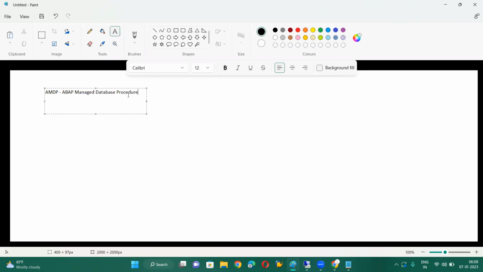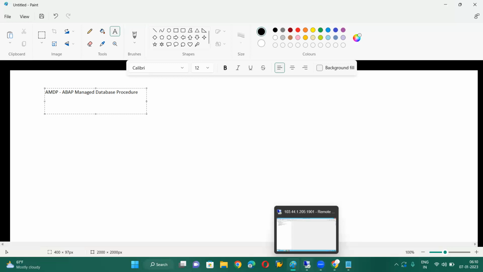Let me create one sample AMDP. Here AMDP is nothing but one class and method, that's it. In SE24, we create some custom classes, or some standard classes are also available. In the same way, we have to create the class. But here one restriction is we should use,